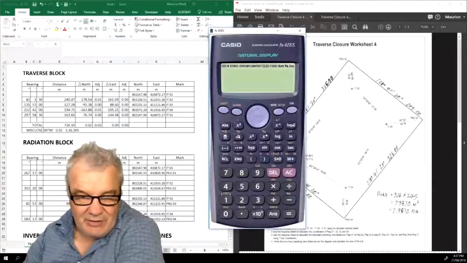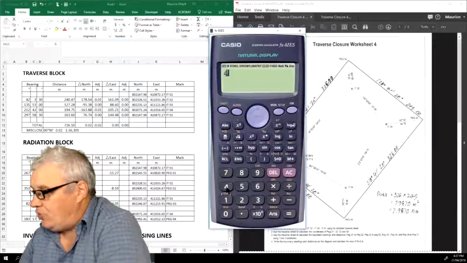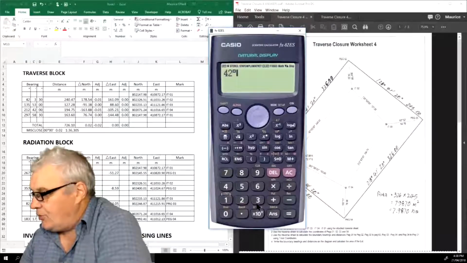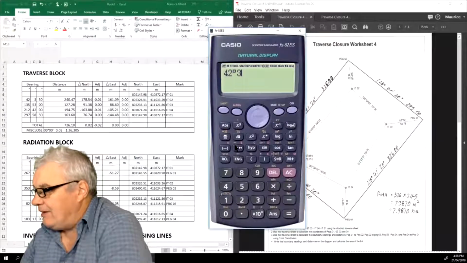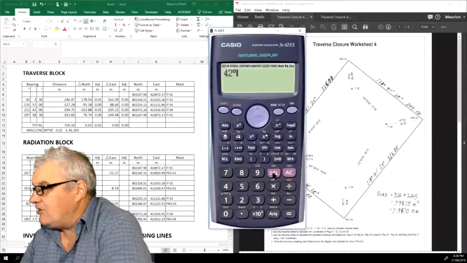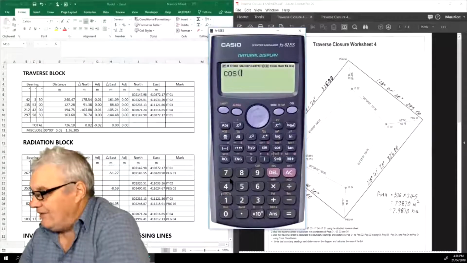Perhaps if I put the... no, I'll leave it how it is. So 42, and then we push this button here, degrees, 42 degrees. 3 minutes, 3, and push the button again. Oh, sorry, delete, delete, delete. So what we need to do is first of all take the cosine, and then 42 degrees,